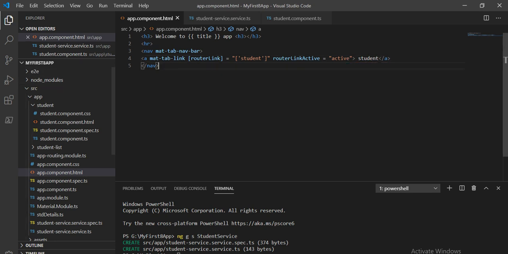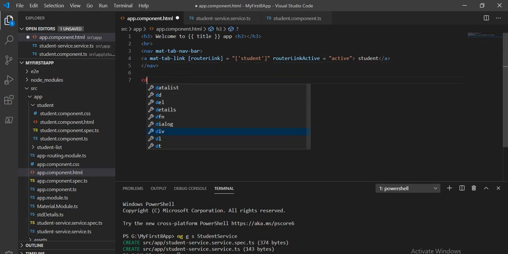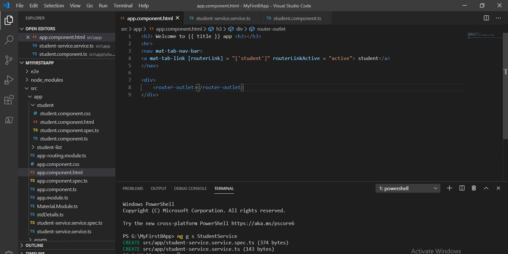And here we have to take a div, and inside this router-outlet. So let's compile it first. So ng serve. By that time it will compile.